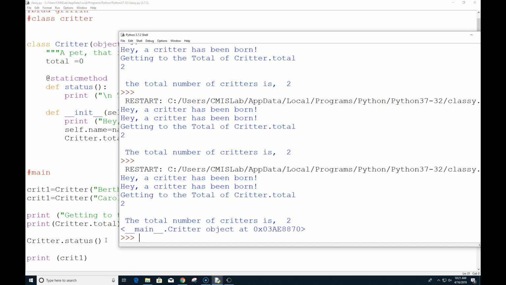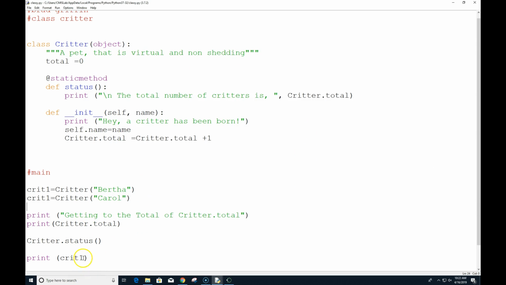That doesn't help us a whole lot, does it? So it gives us some information about it. What it's actually showing here is the hexadecimal address of where that object is stored at. Yuck. Not useful right this minute, but shows some of the stuff that we can get out of there.